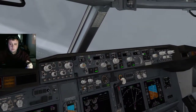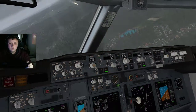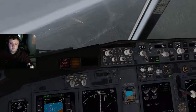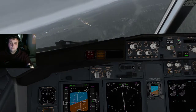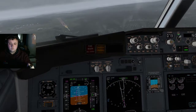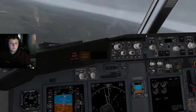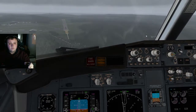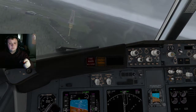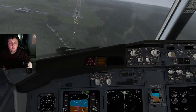Okay, so we're going to turn the autopilot off. Gear down. Bit of a sketchy landing, that's alright. Another notch of flaps. The gear didn't come down apparently, so we're